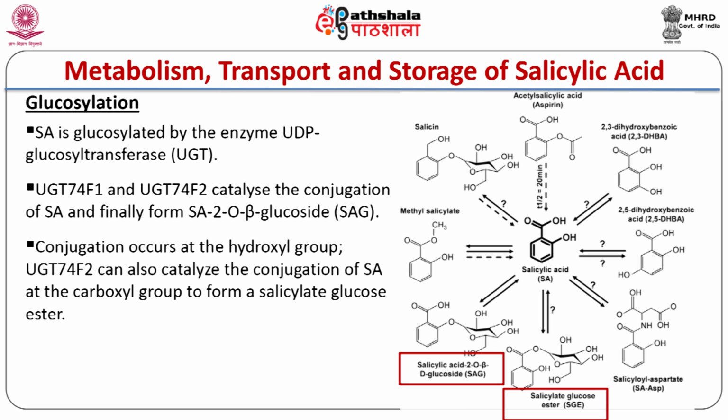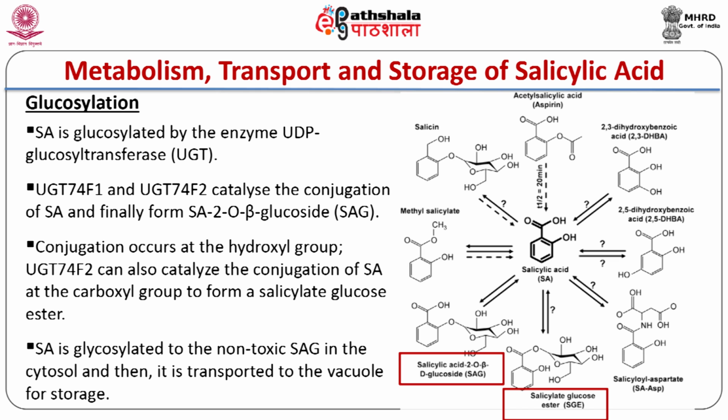However, UGT74F2 can also catalyze the conjugation of SA at the carboxyl group to form a salicylate glucose ester. In Arabidopsis, tobacco and soybean, SA is glucosylated to the non-toxic SAG in the cytosol and then it is transported to the vacuole for storage. Glucosylation inactivates salicylic acid, but SAG can be hydrolyzed to liberate salicylic acid for inducing defense responses upon the pathogen